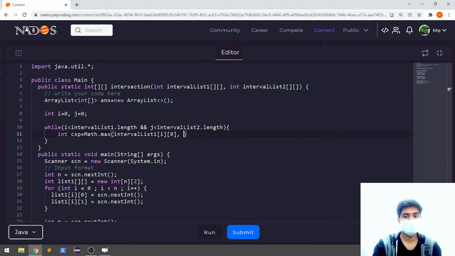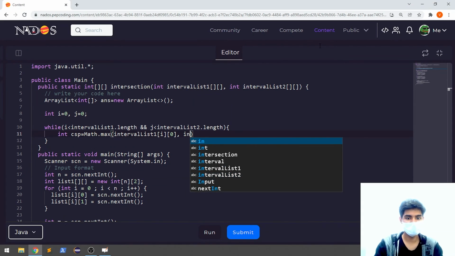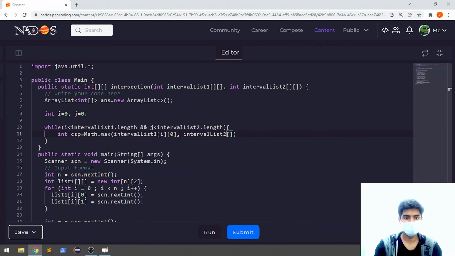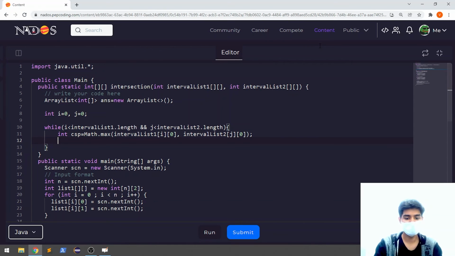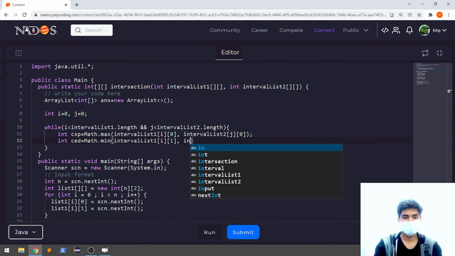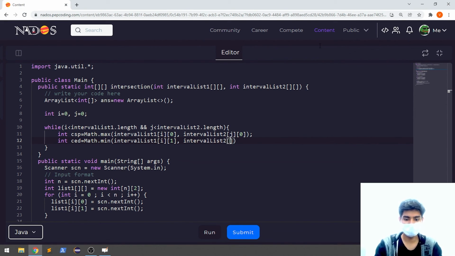And interval list 2 j comma 0, right? Similarly, I will have a common ending point, and that will be Math dot min of interval list 1 i comma 1, right? And interval list 2 j comma 1,